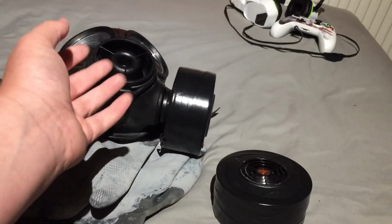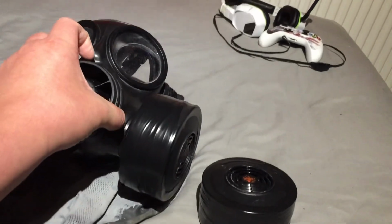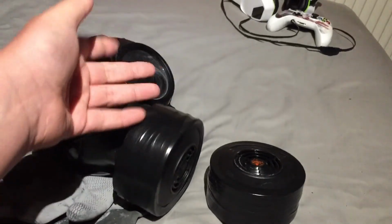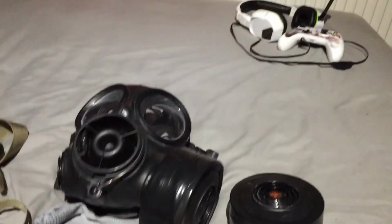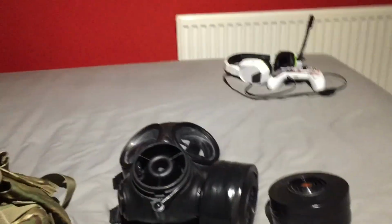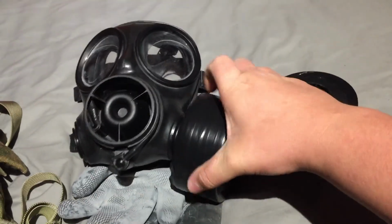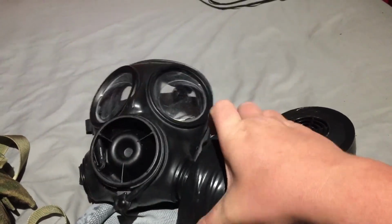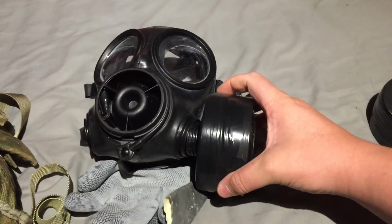And in the Gulf War, when the threat of NBC was very apparent, they carried a couple more filters on them, which is understandable because if you've got to change filters during a chemical attack, take one big breath in and wish yourself luck. Screw off this filter. So I have to take a little bit too much time, but it's really hard to do with one hand. Then